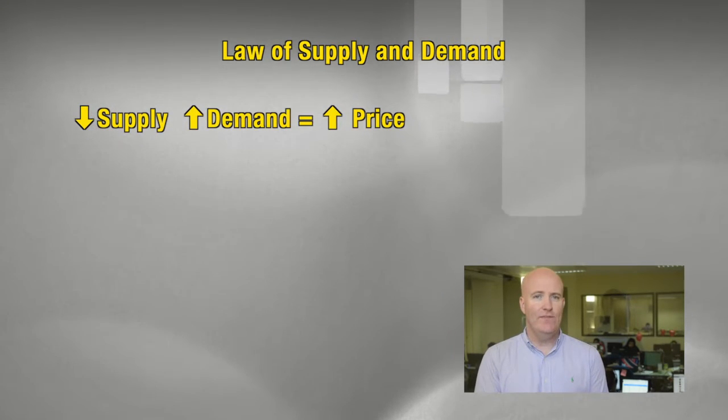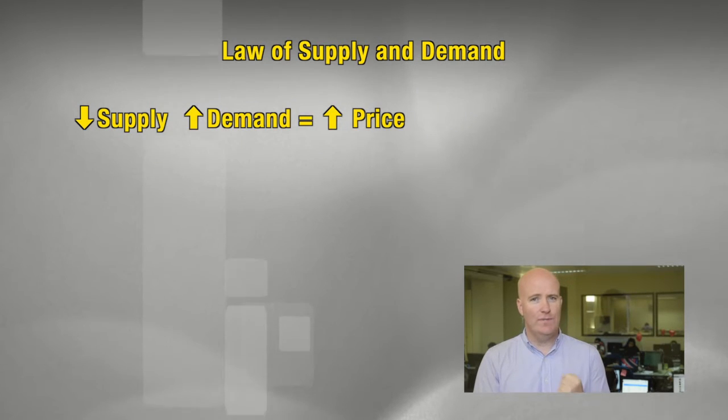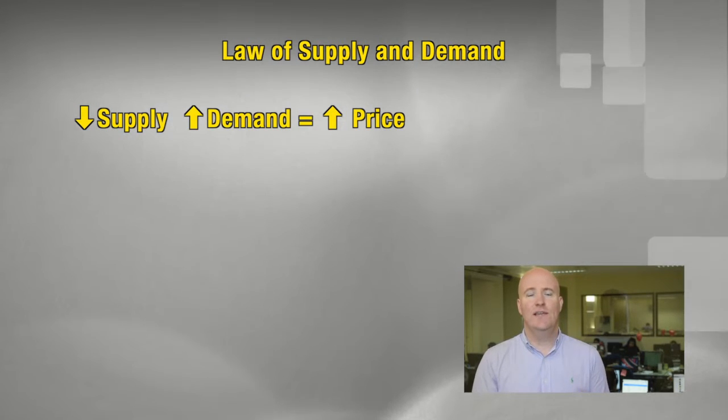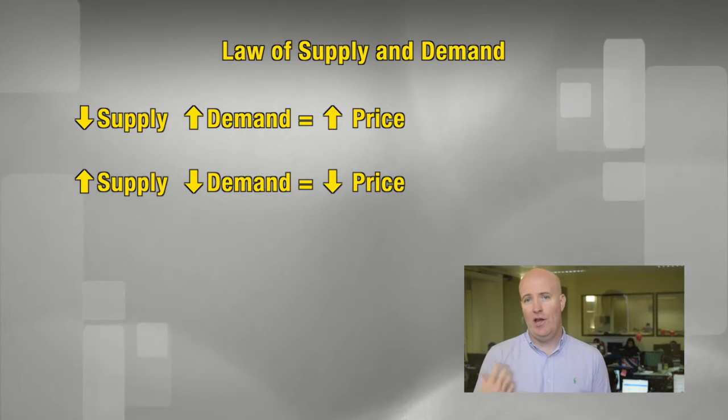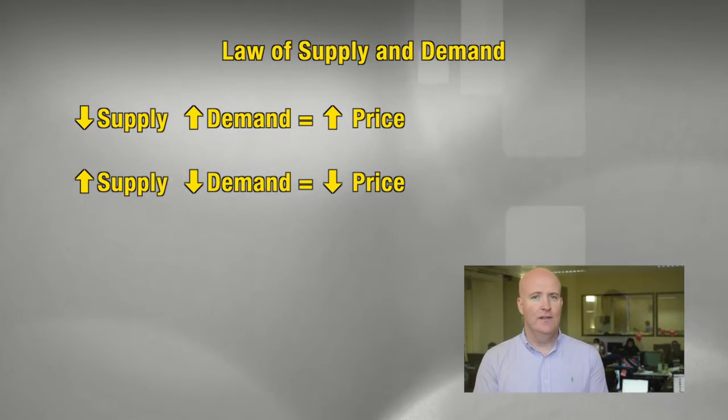Quite simply, if supply is restricted or demand is increased, then we see prices go up. If we have an oversupply and a lack of demand, then we see prices go down. Cool. So how does that affect property prices? Well, every property cycle follows this commodity curve. Now, some people describe it as the property clock, but actually it's not a very good description because you're not really thinking about how the factors truly work. It all comes back to supply and demand. So, how does it work?